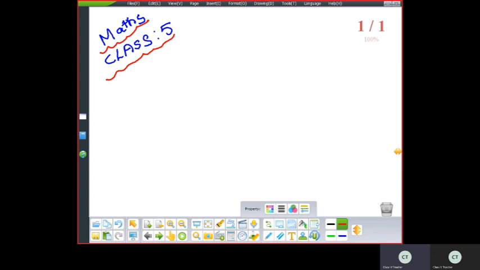Yes or no, children? So normally in your previous classes, you have learned how to do addition and subtraction. So in the word problems, how to differentiate them, let me explain in detail. Okay. So what all keywords will be there in the word problem, those all I'll tell you. So addition, subtraction.